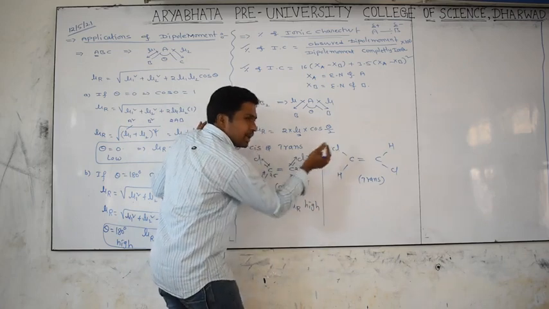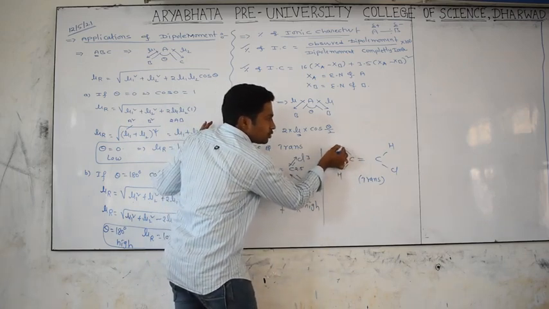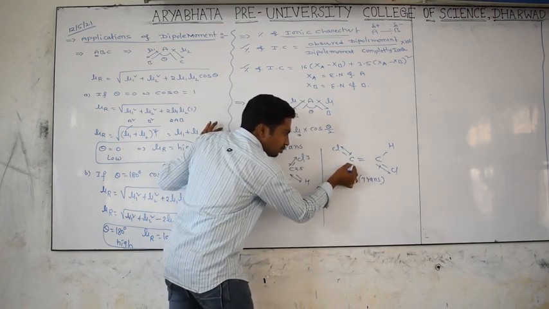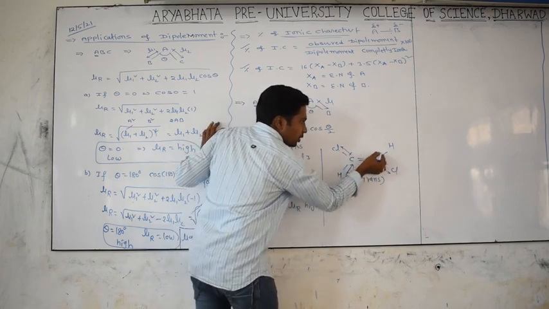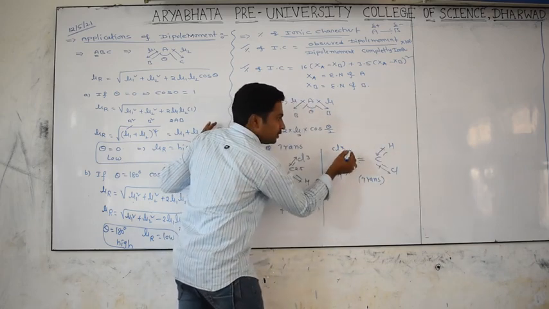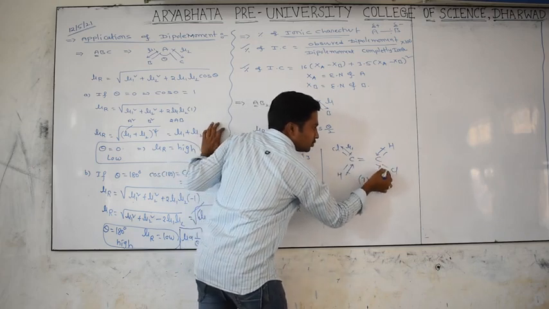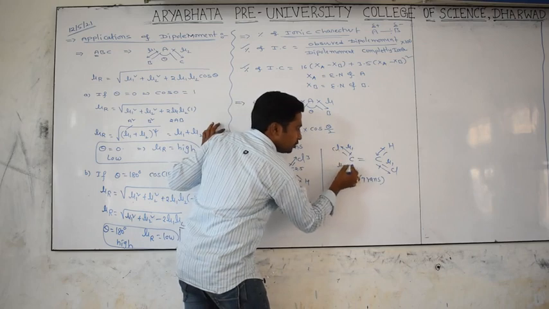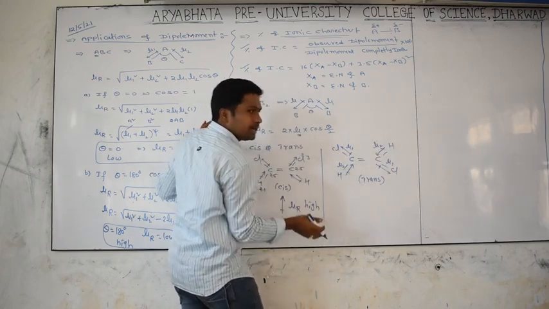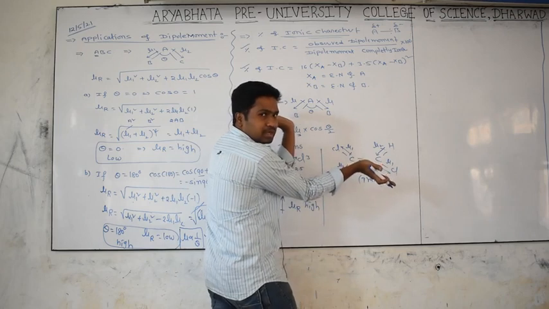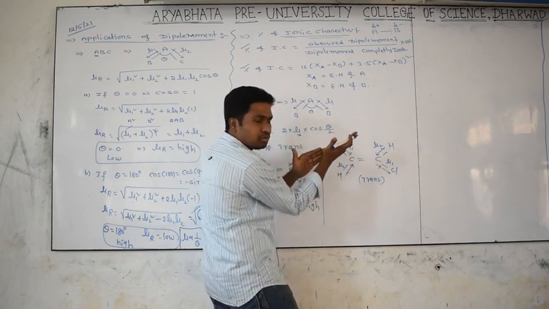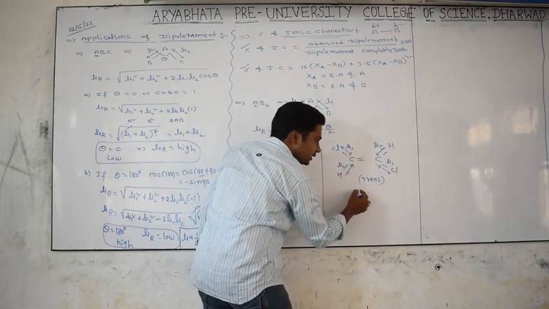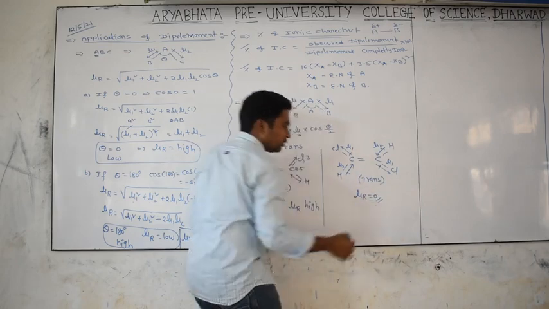Now if you take trans, in the C-Cl bond the bond momentum is towards chlorine, in the other C-Cl bond also towards chlorine, and here the bond momentum is towards carbon, towards carbon. For example, this is mu1, this is also mu1, but in opposite directions. This is the C-H bond mu2, this is also mu2. Check it: the C-Cl bonds are in opposite directions, the C-H bonds are also in opposite directions. Yes or no? That's why they mutually cancel the dipole moment, and the resultant dipole moment becomes 0.